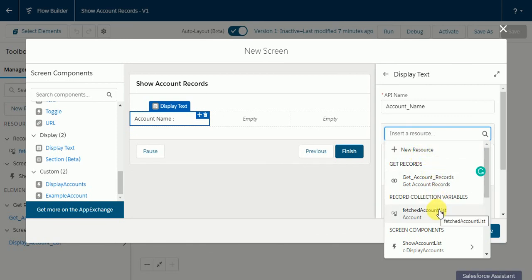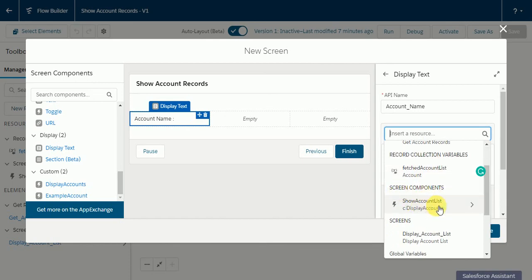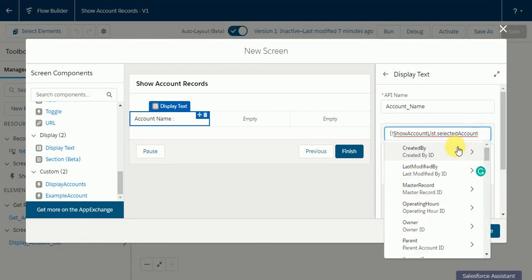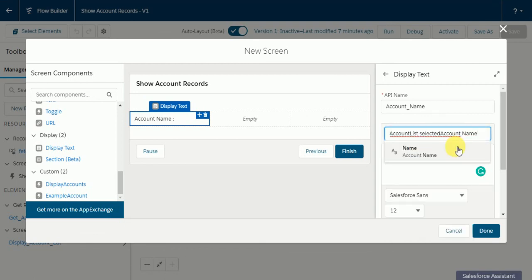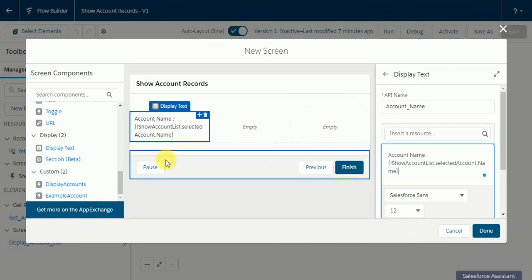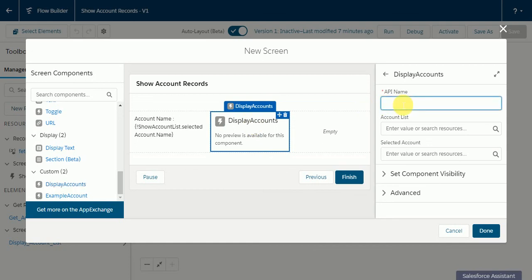To get the account name of the selected account, you can see a screen component called show account list. This is the selected account. From the selected account we can just display the name. So this is my account name, and here I'm going to drag another display text to display the account type.